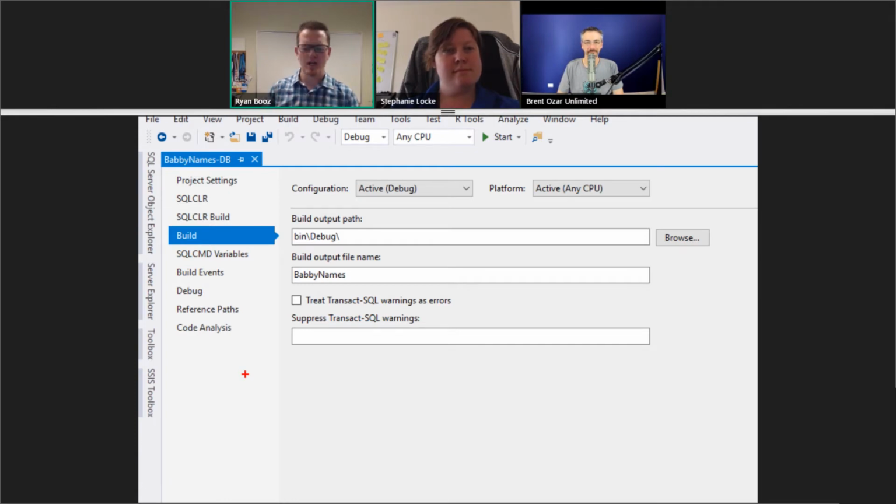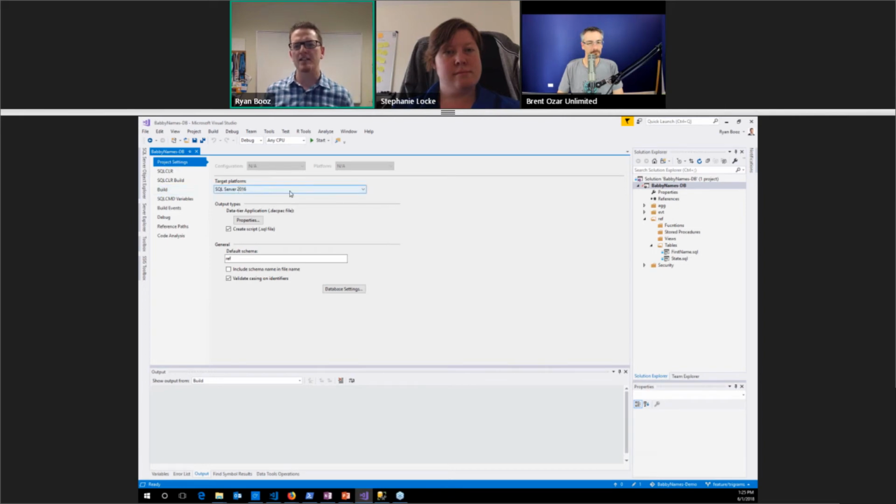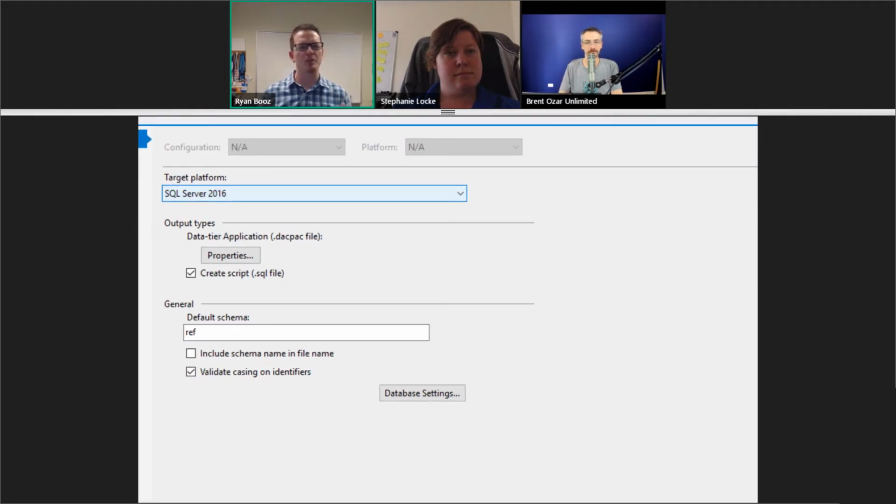And yes, a couple of things are important here. You have project settings, and the biggest one is the target platform. When you create this project, you need to tell it what platform you're targeting. It has every version in here if you have the newest SQL Server. This actually dictates the features that are available to you. If you select 2012, for instance, when you click on database settings, you won't see options for query store. But if you're at 2016 or above, you'll get query store.